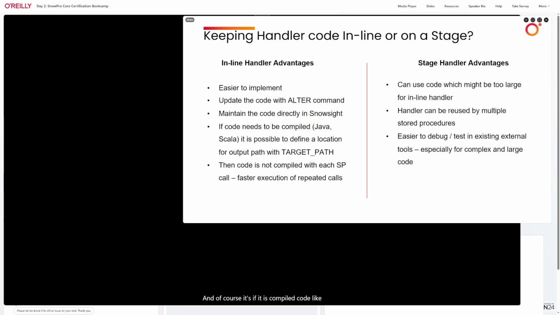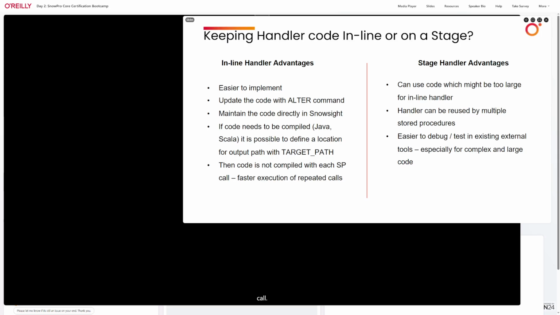And of course, if it is compiled code like Java or Scala, you can define the location for the output path with the target path parameter, and then basically the code is not compiled with every SP call, but it's stored. I mean, the compiled code is stored at the target path,